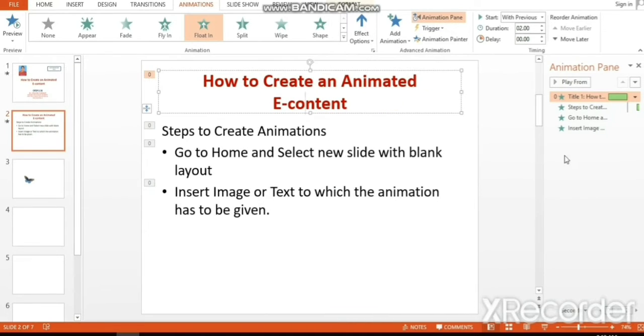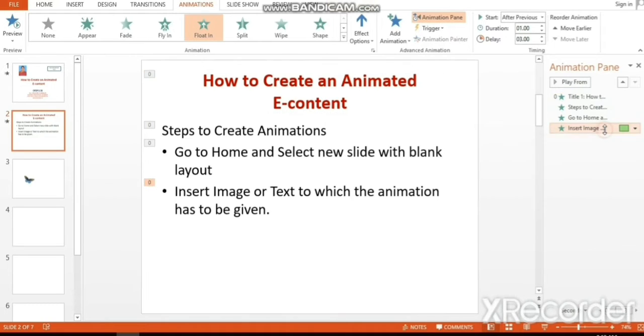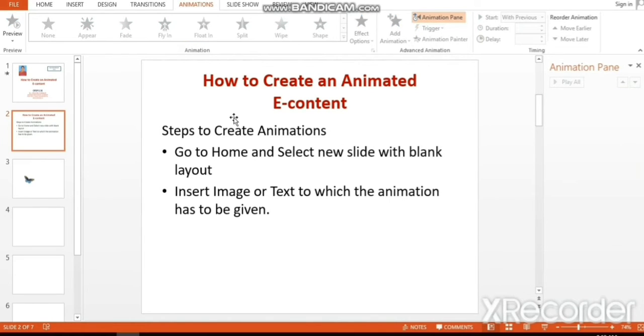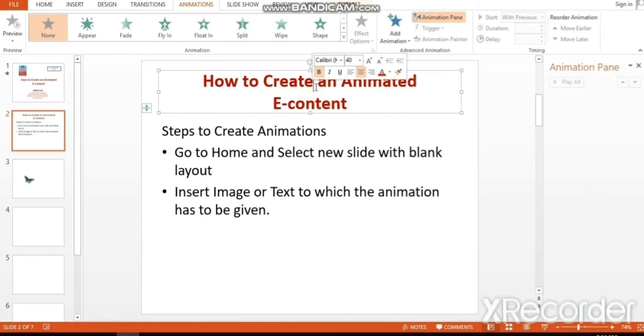I have already applied animations to this title. So first remove all this. After removing this, click on Add Animation.